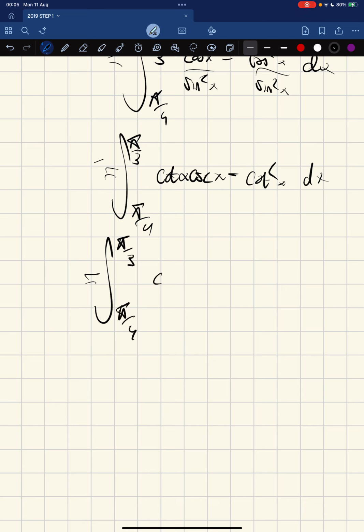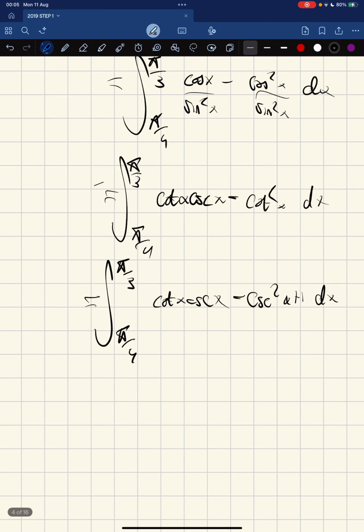So we get this again. This is going to be minus cosec squared x plus 1 dx. These are just now standard results. So we're going to get minus cosec x plus cot of x plus x from pi over 3 to pi over 4. So now we're going to get,